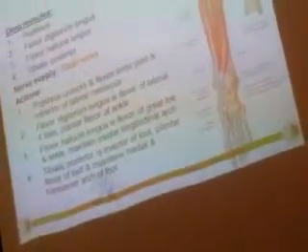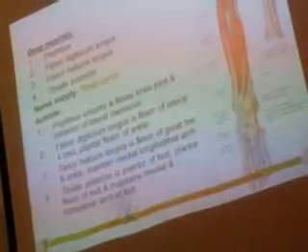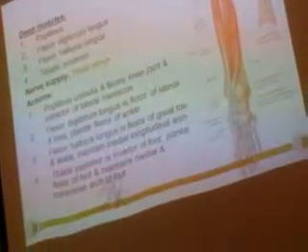Coming to the next muscles, the deep muscles of this posterior compartment. The first one is called the popliteus. I was telling you about this. The typical feature of this muscle is that it is the only muscle which is intracapsular. Usually muscles are outside the capsule of the knee joint or any joint, but here this is intracapsular.